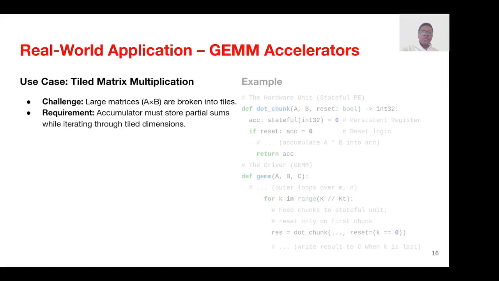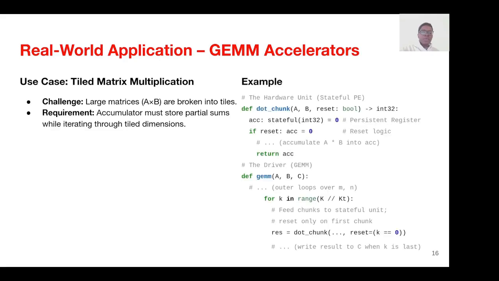Now, moving on to some real-world applications, as I mentioned, for GEMM accelerators. The first use case could be tiled matrix multiplication, where the challenge is that large matrices should be broken into tiles for the hardware. And now the requirement is accumulators must store partial sums to accumulate them over iterations of tile dimensions. So in this example, there is a dot chunk operator. The chunk could be 32 elements or 64. And there the driver is using that dot product of 32 or 64 elements, and it's able to resume accumulation